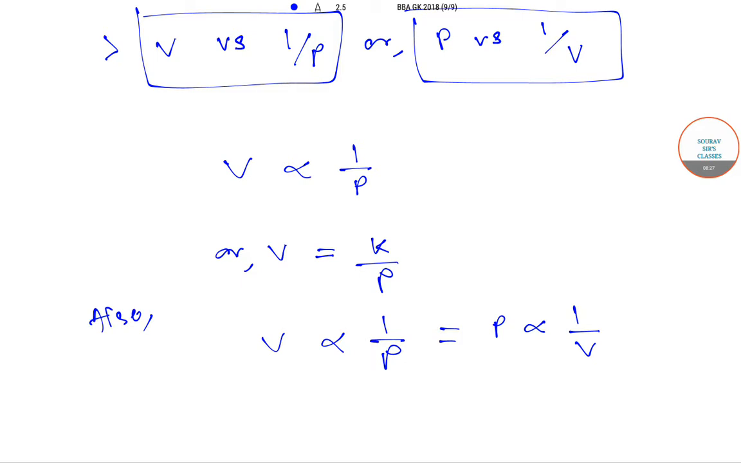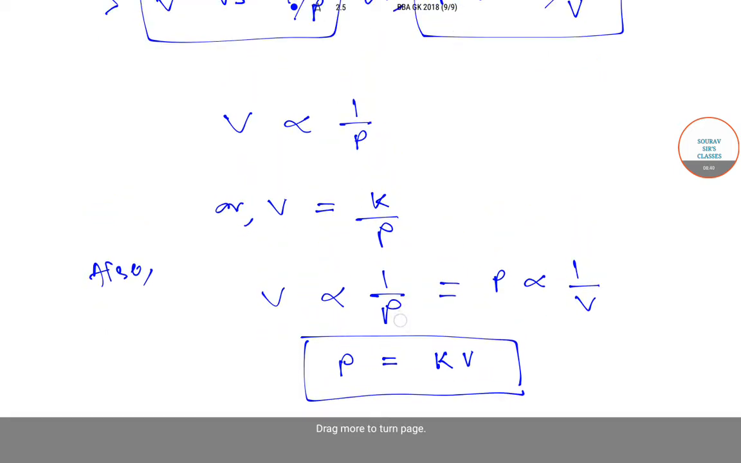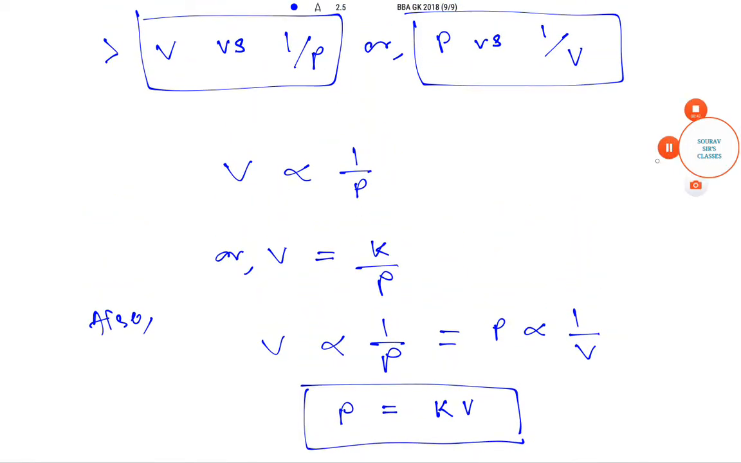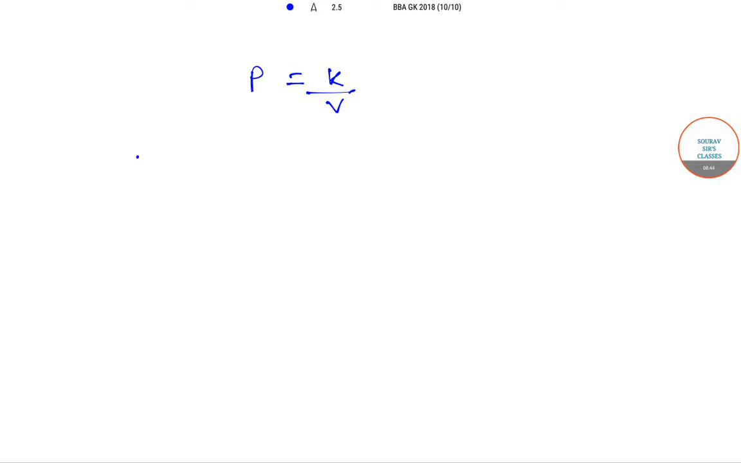And from here we can write P equals to KV, right? So here the graph will look like this. For the first condition, that is V varies as 1 by P, the graph will look like this. This is the x-axis and